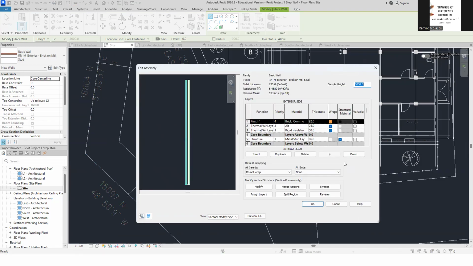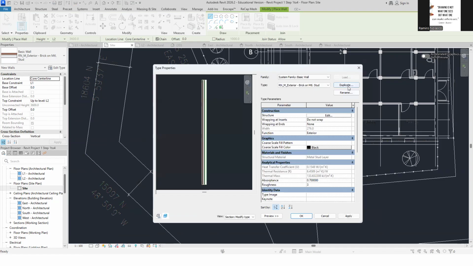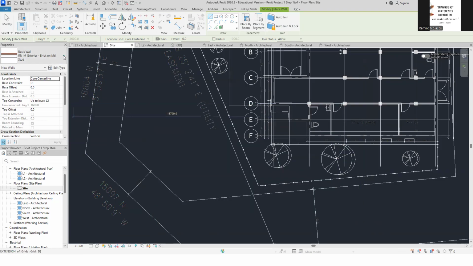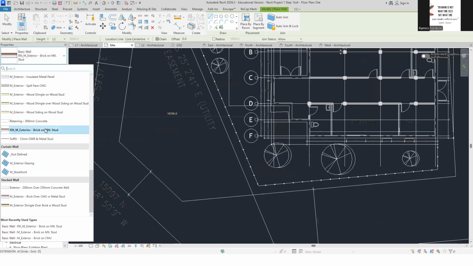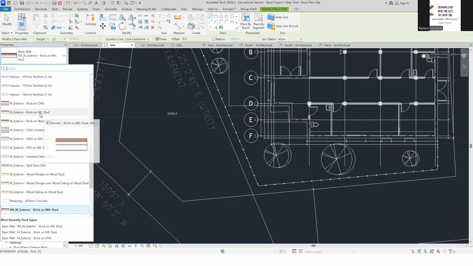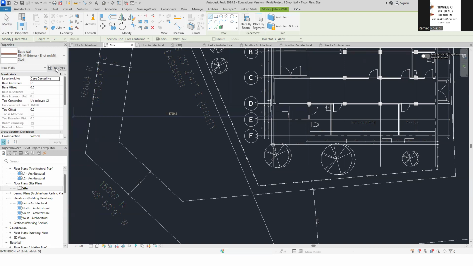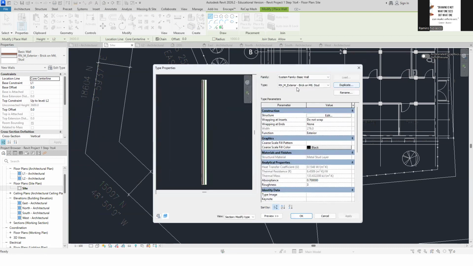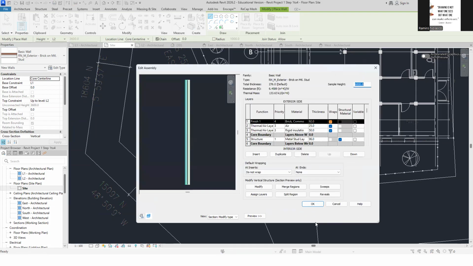We were able to create our wall easily. We duplicate. Yeah, we selected a wall that is close to the type of wall that we have. So we started with the metal stud, and then we duplicated it, we renamed it, and then we edit the type. Easy, right?